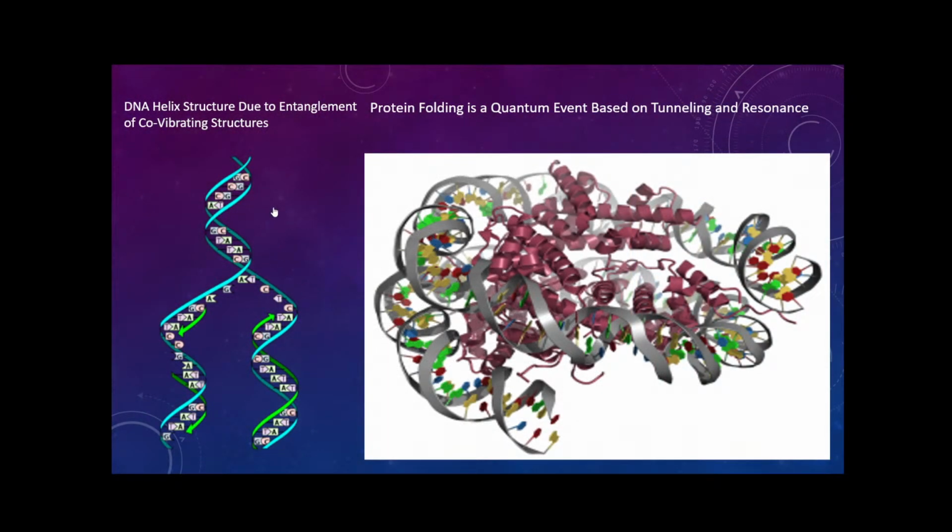The DNA helix structure is due to entanglement of co-vibrating structures within the DNA, which are formed with microtubules, which are formed from the piezo action at a distance, even in the formation of DNA strands. These DNA, they fold up in different configurations, which affects their function. So there's this whole other dimension of DNA. It's not just this double helix strand, but it curls up on itself in different forms, different physical shapes, which